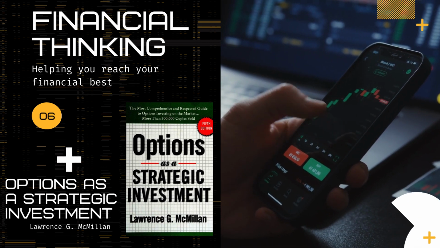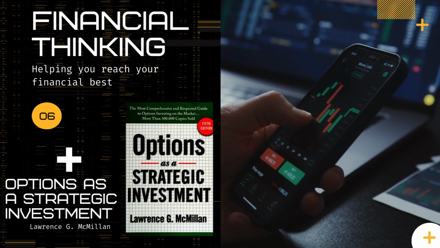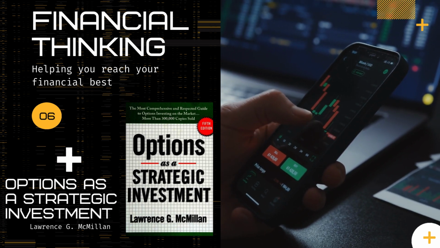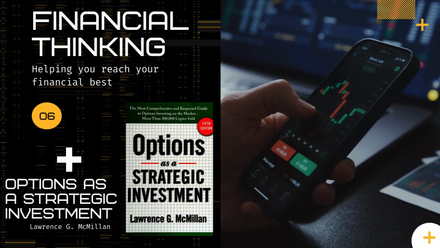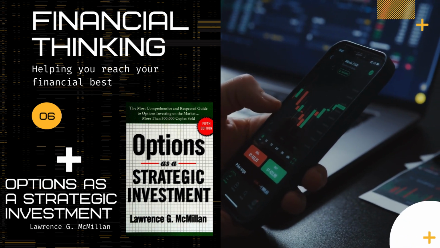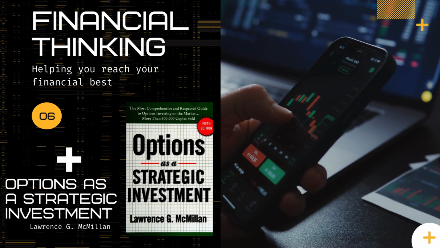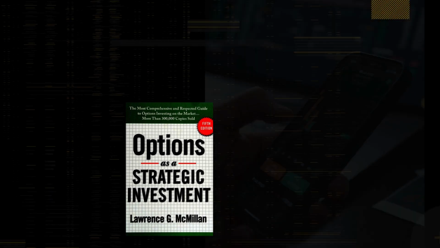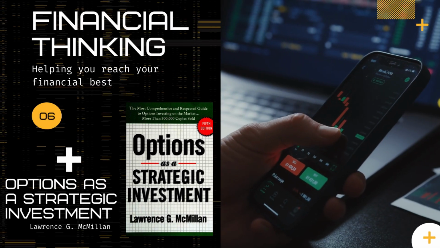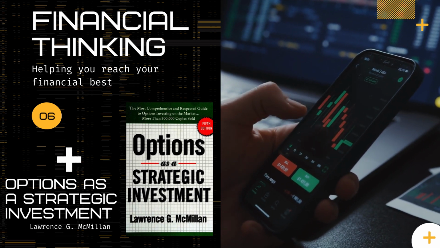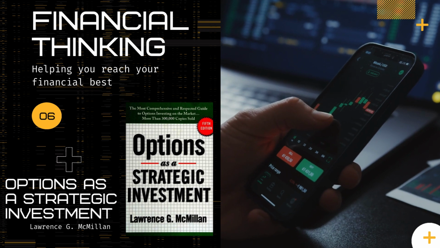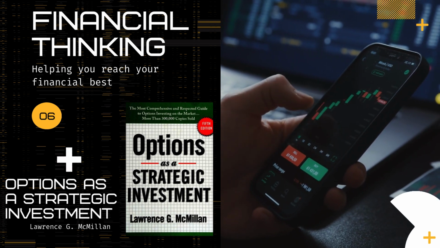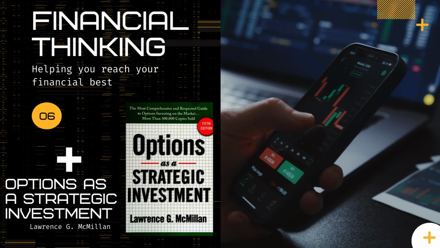That's right. But what determines how much these options are actually worth? Well, there are several key factors that determine an option's price. One of the biggest ones is the price of the underlying stock itself. If the stock price goes up, a call option becomes more valuable because you're more likely to profit from buying it at the strike price and selling it at the market price. Conversely, if the stock price goes down, a put option becomes more valuable.